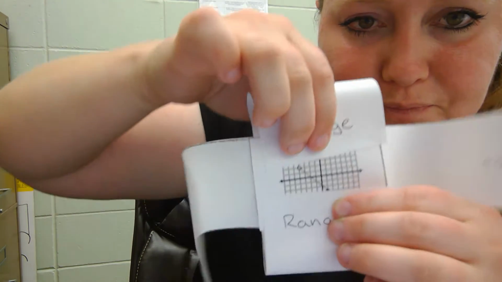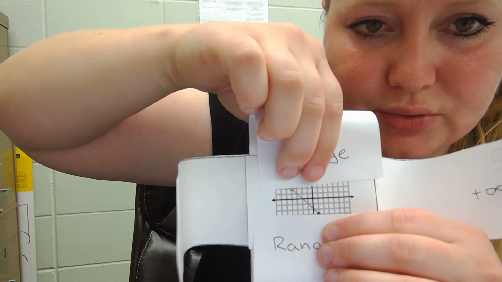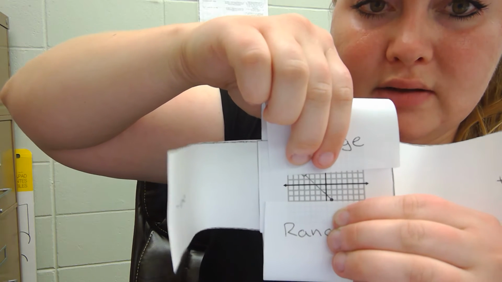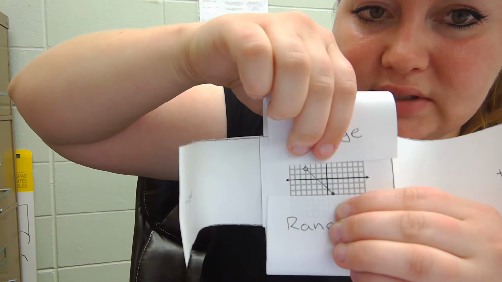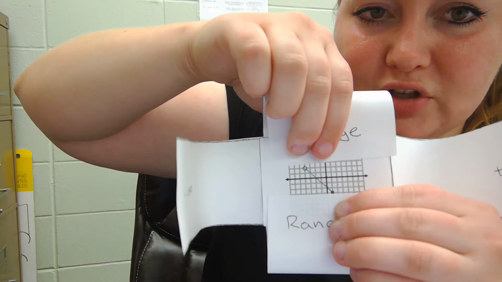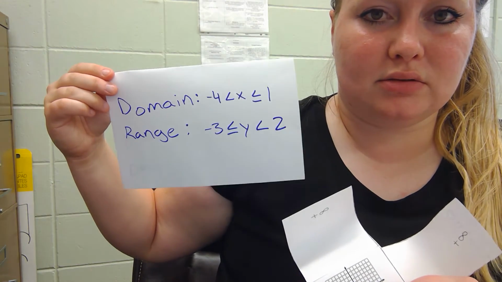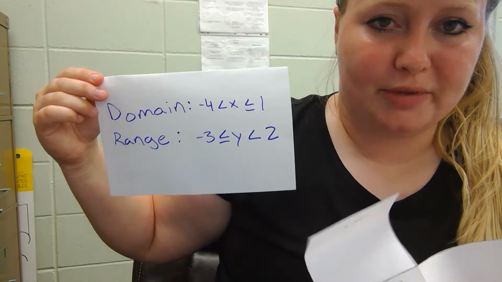All right, same thing for range. We start from the bottom. Range looks like it starts at negative, it's down about 3 and goes up to 2. So it's going to be -3 is less than or equal to y is less than 2. And since it's an open circle again right here, it's just going to be a less than, no or equal to. So we would write our domain and range for that just like this. Domain is x's, range is y's. Let's try one more